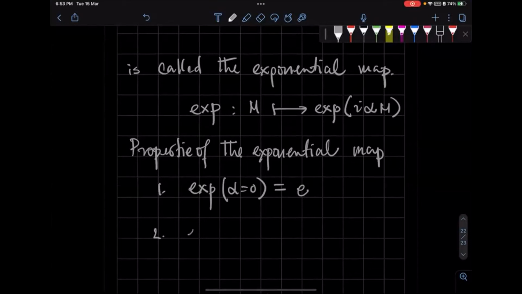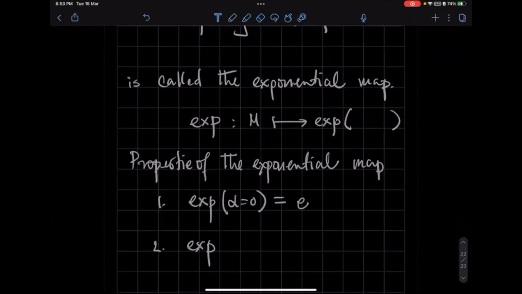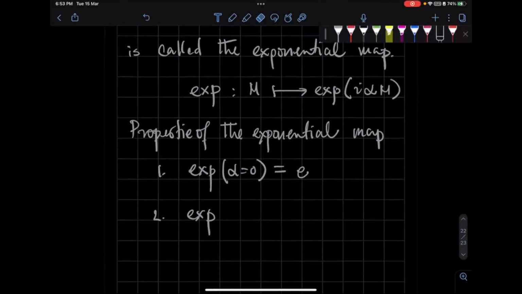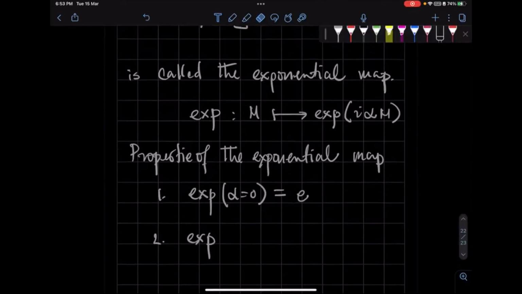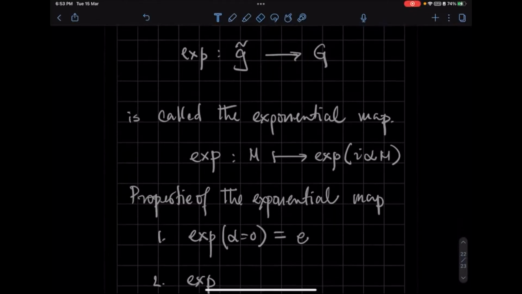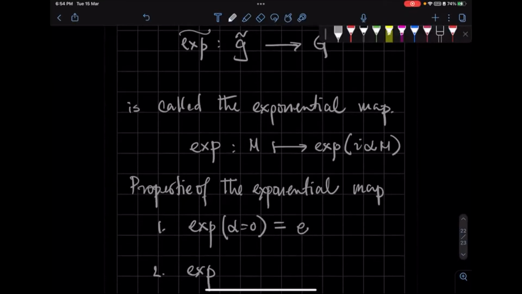Number two is that, okay, I'm just going to write over here, not i, but, yeah, don't worry about it. And the other thing is that, well, there's a problem I have, because over here I'm using the same notation as here. Whereas, let me just use a different kind of notation. So let's call it tilde.